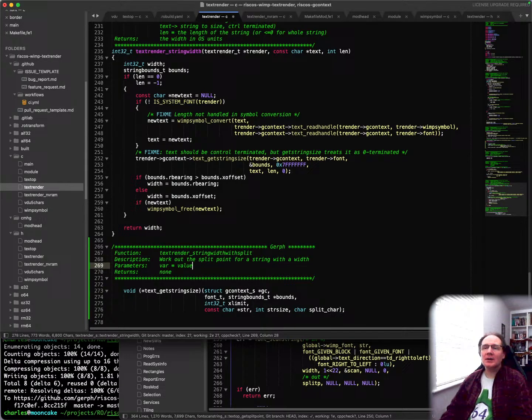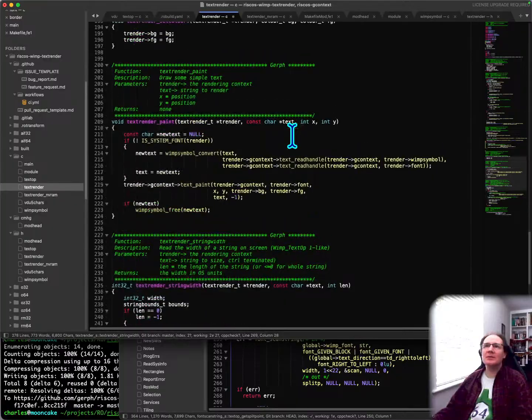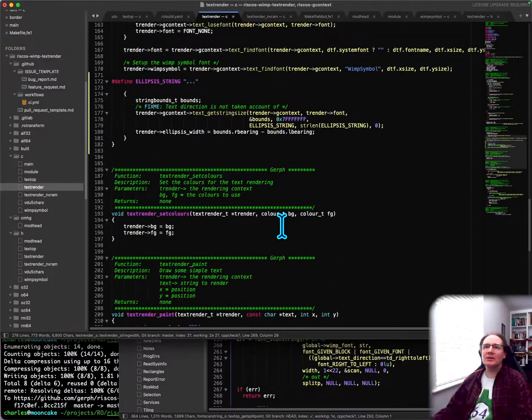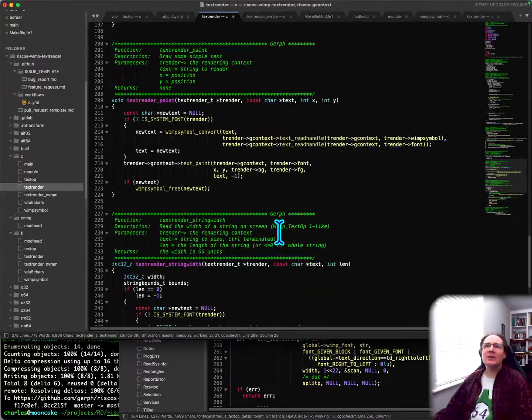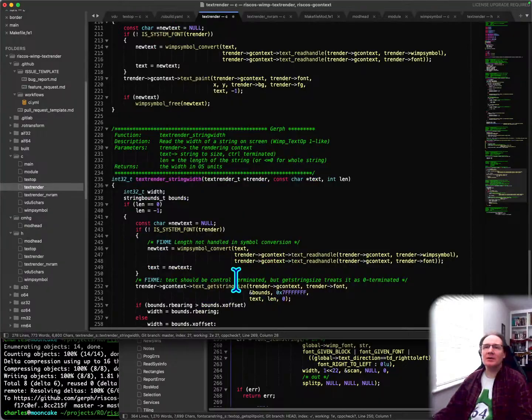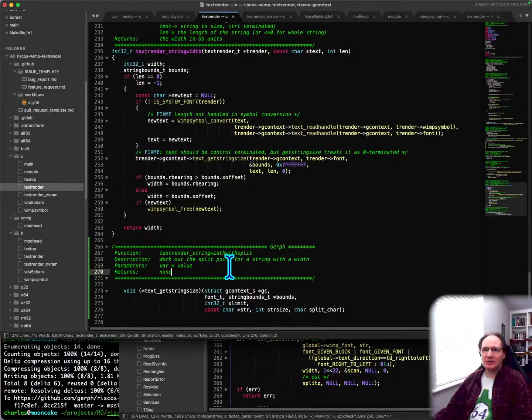So the split character we use, the split symbol we're using here, we're not going to use the split symbol. So what I'm going to do here is